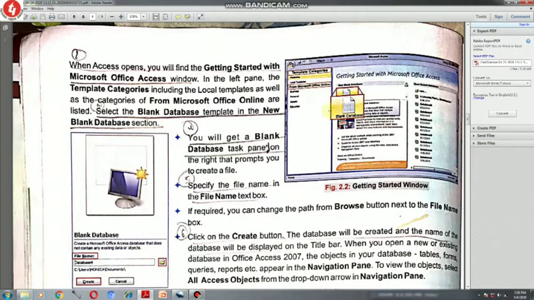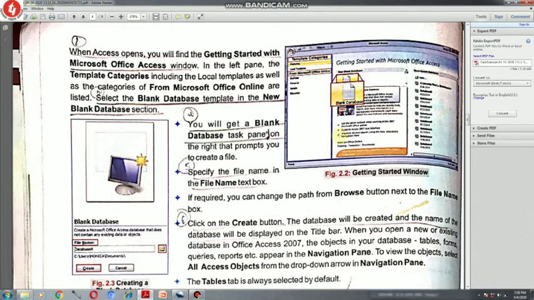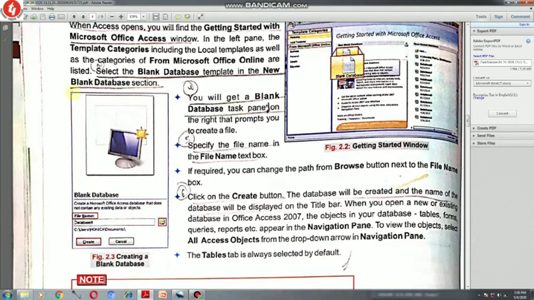From here you can select the new blank database, which is highlighted here. Once you click on this blank database to create a fresh database, you will get a small window on the right side of the same introductory screen, where you can type the name of the database, and after that you can click on the Create button to create a blank database.